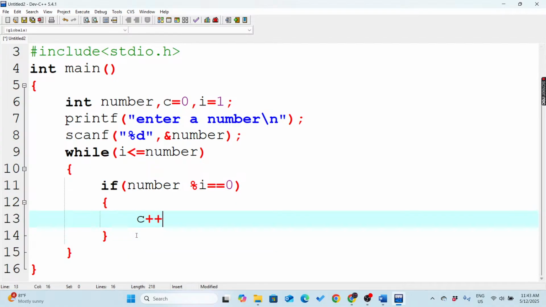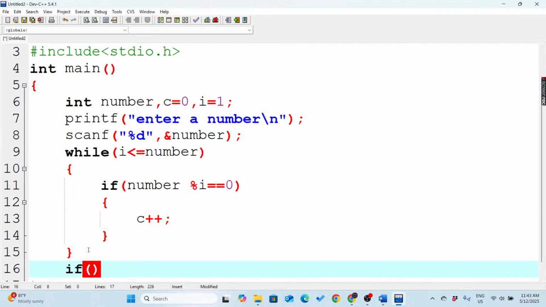So c++. Now outside the loop, if c equals to 0,